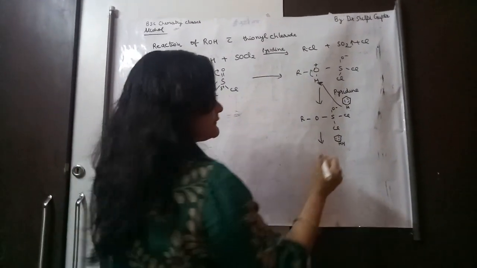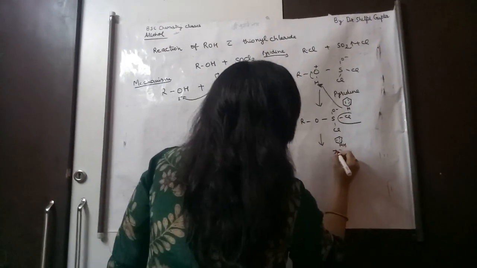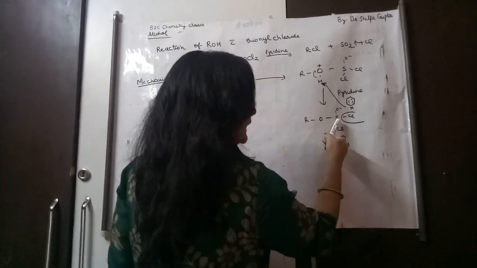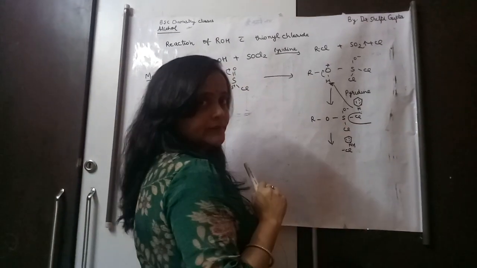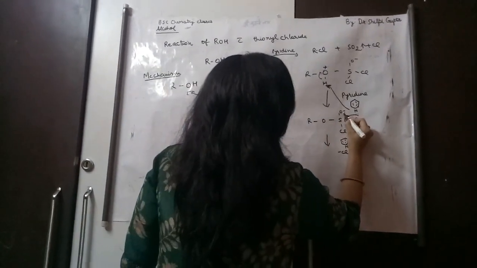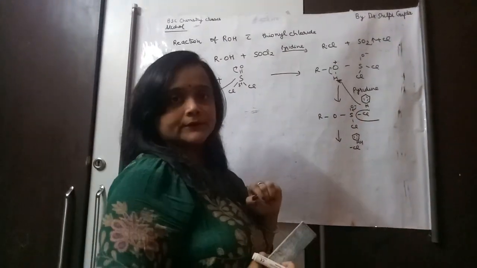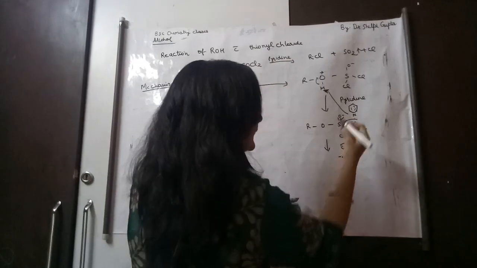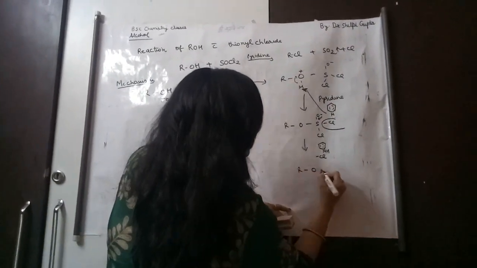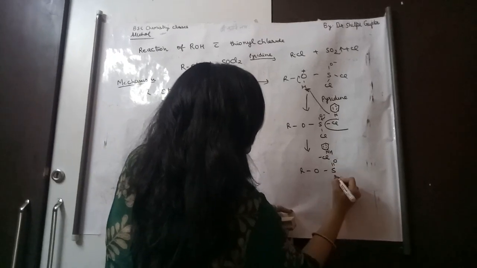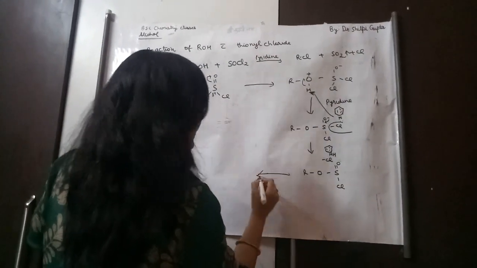Chlorine is an electronegative atom, so it will remove from the group. When chlorine will remove from the group, then S will get positive charge because it is removed with the bond. So what will happen? This oxygen will share its electron with this bond. Okay, and S will get its structure as S double bond O. So what is formed is like this. Okay, now in the next step, what will happen?